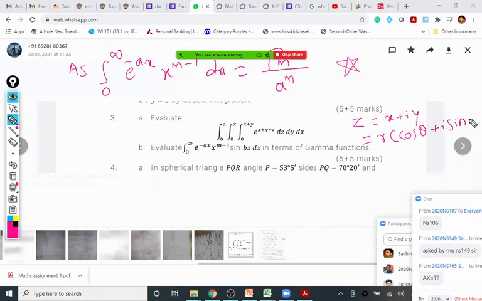Yes, this we are going to learn in detail in complex numbers. You may think that right now something difficult is happening here, but it's not so difficult. You already did this part in 12th also, but still we are going in very basic for complex numbers. So just right now remember z equal to r cos theta plus i sin theta is the polar form of a complex number.